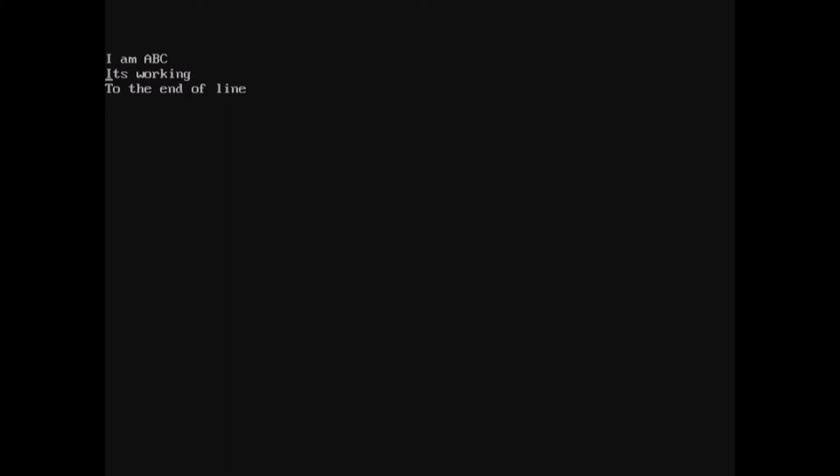The first line, I am at default position, is working, and the next line, to the end of line. After this print, we will point our cursor to the location 6, 1, where the cursor will move 6 character positions from left to right in the first line.